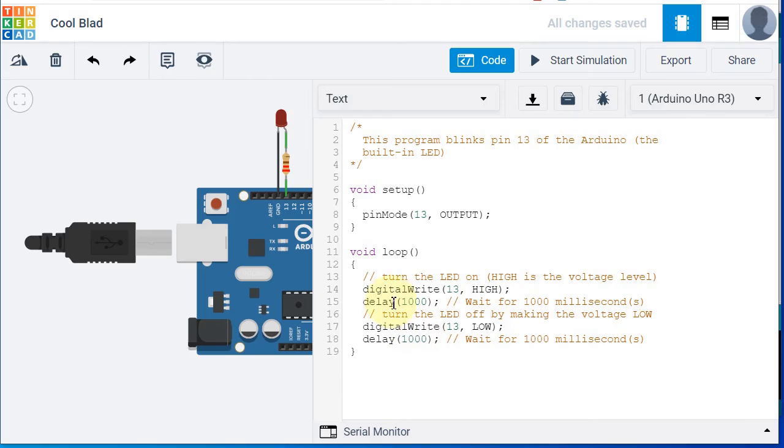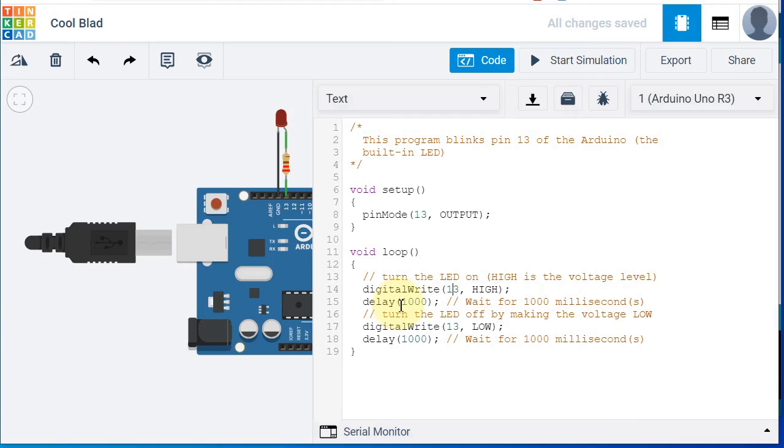High and low are definitely a digital output, so they are writing digitalWrite. Here you can see that digital is in small letters and the W is a capital letter. And digitalWrite of pin number 13 comma HIGH means initially I am giving a high signal to pin number 13, and we are calling a delay for 1 second.